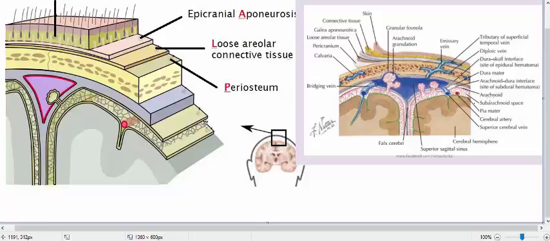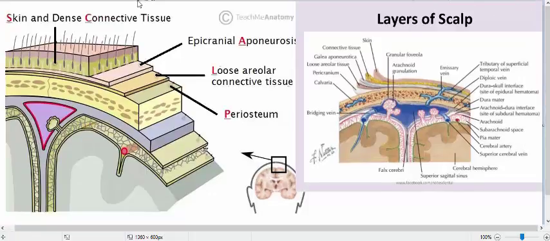What I thought of telling you is that the 5 layers of the scalp can be remembered through this mnemonic, SCALP. S is skin, C is dense connective tissue, A is aponeurosis, L is loose areolar tissue, P is periosteum. So skin contains hair, sebaceous glands and hair follicles, and the dense connective tissue has fibrous septa, which divide it into different pockets, and there is a fatty layer with